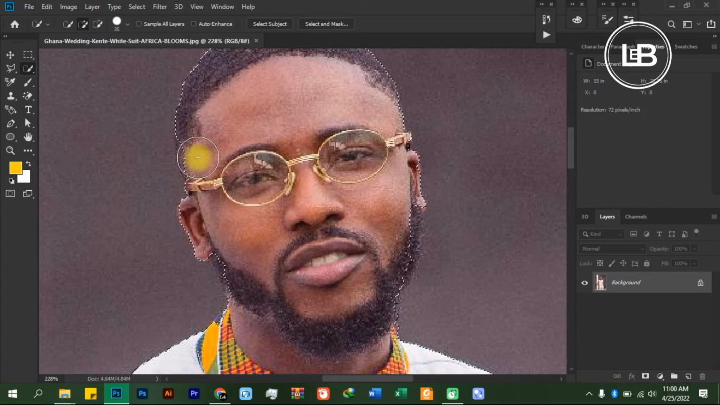Make sure the cursor falls within the subject. Don't let the cursor go outside the subject. So now I'm just clicking once,